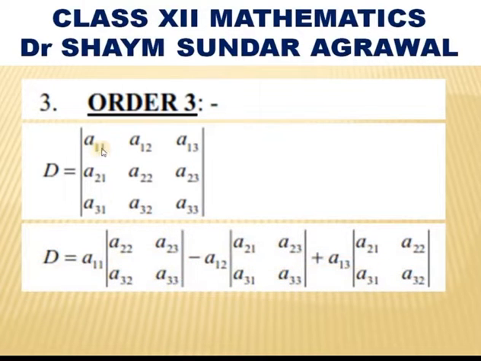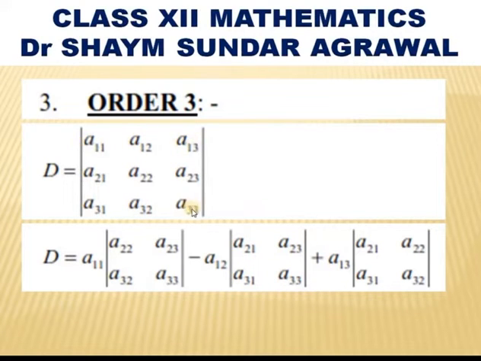This is equal to A11, the first element of the first row, into the determinant of the rest of the elements after deleting the first row and first column, that is A22, A23, A32, A33, minus A12. A12 lies on the first row and second column. After deleting that, the determinant of the rest of the elements is A21, A23, A31 and A33,